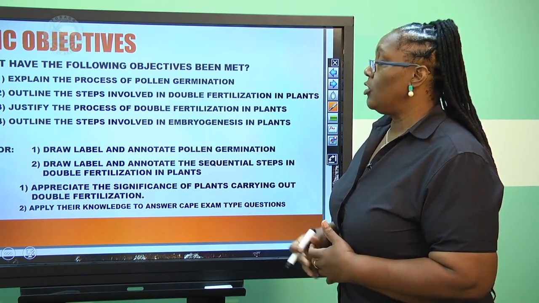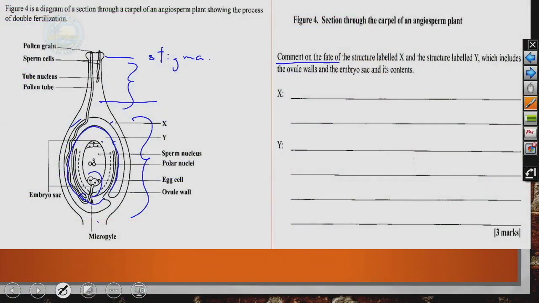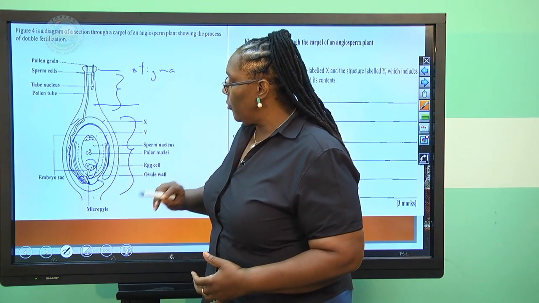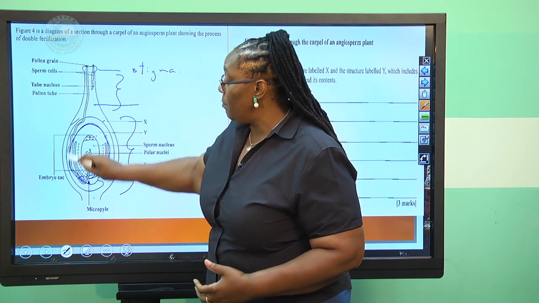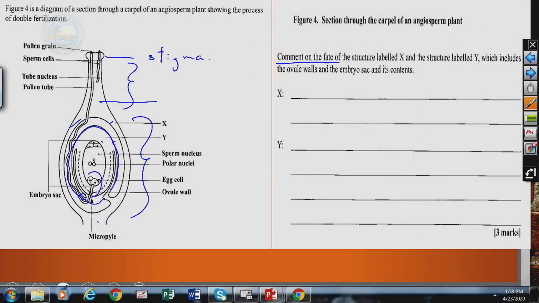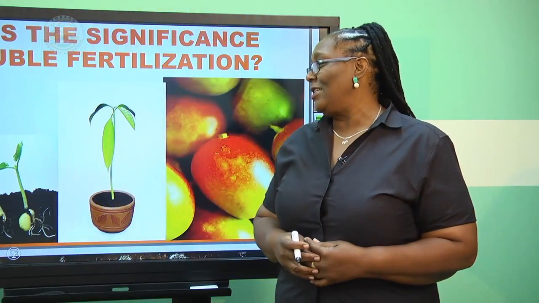in double fertilization. So like we showed in the diagram before, you are supposed to show the steps involved in the process of double fertilization. So this is the pollen germ tube that would have made its way here, and the pollen grain, one nucleus would have merged with this and the other would have merged with this. So you are supposed to be able to make a drawing of this diagram and show what is taking place during double fertilization. And lastly, you're supposed to answer your exam type questions and have a good appreciation of this